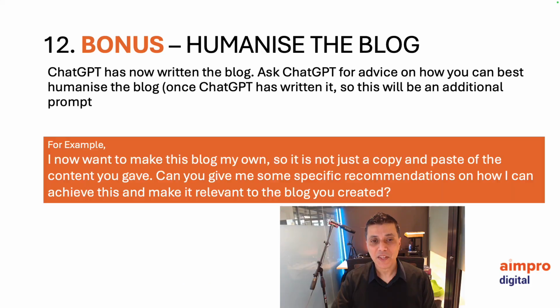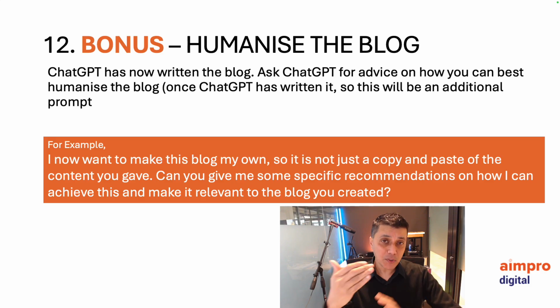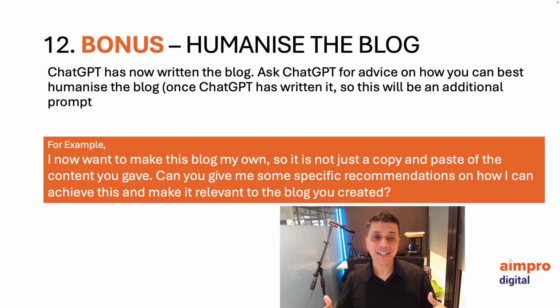So this is what I'm talking about. What you need to do is, once the blog's been written by ChatGPT, give it another prompt and say, I now want to make this blog my own, so it's not just a copy and paste of the content that you gave to me. Can you give me some specific recommendations on how I can achieve this and make it relevant to the blog